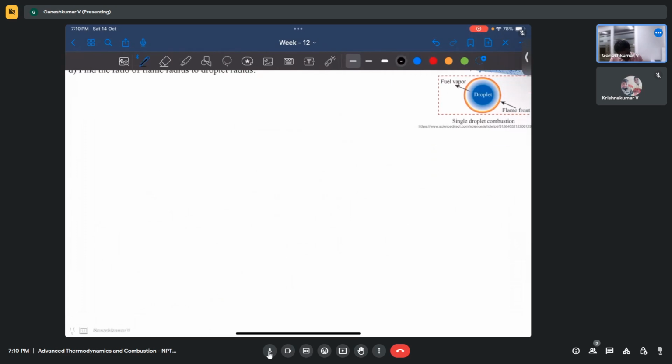But you might be wondering, how does a droplet evaporate? Because it needs some energy for it to evaporate, right? So let's say this is the fuel droplet. Now let's say oxidizer is present everywhere. So now what happens when the fuel evaporates? Let's say somehow it evaporated, okay, for now. Once it evaporates, it's a gaseous fuel, and you have oxidizer everywhere. So outside we have oxidizer. So now let me call oxidizer something like this.